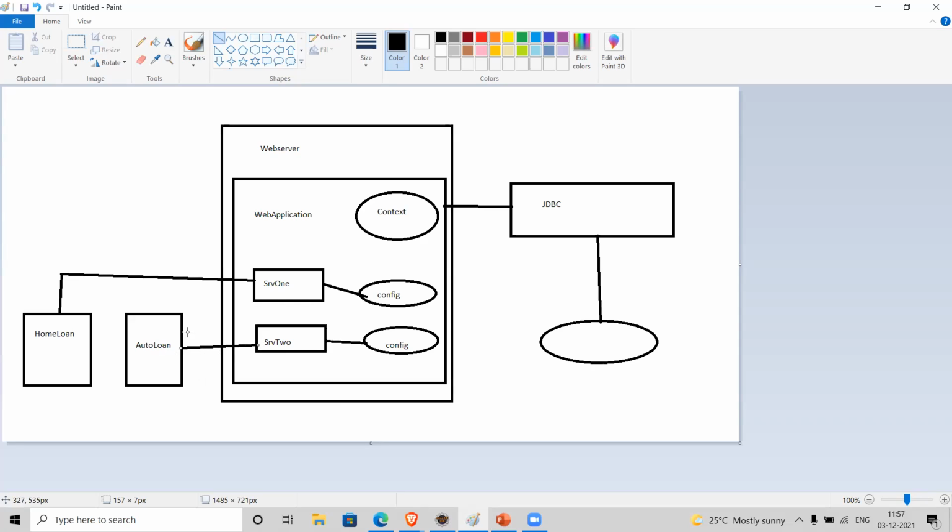I don't want this information in SRV1, because SRV1 requires only home loan related information, while SRV2 deals with auto loan and requires auto loan related information.